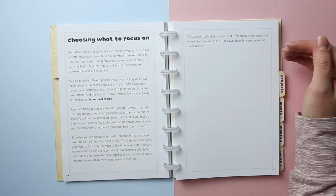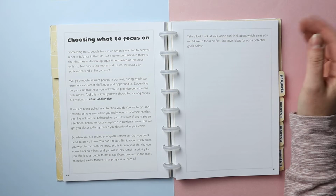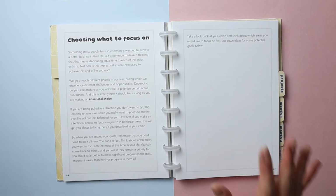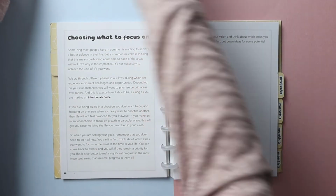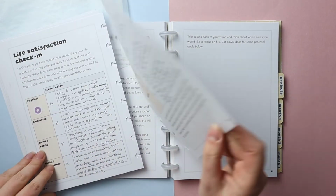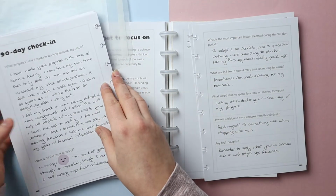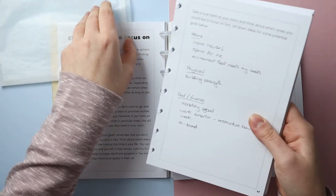So then it says, take a look back at your vision and think about which areas you'd like to focus on first. Jot down some ideas for potential goals below. So I'm going to pull out a couple of things in order for me to do this exercise. The first one, if I go back to my old inserts, is that exercise I did yesterday on the life satisfaction scores, because I highlighted where I was and wasn't happy,